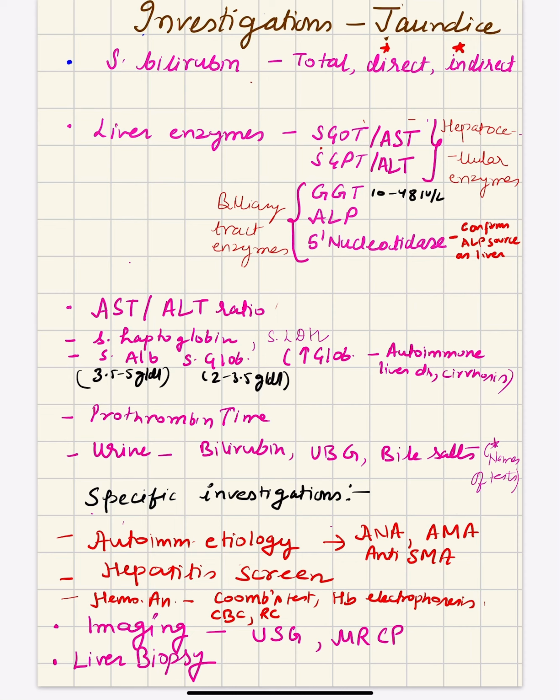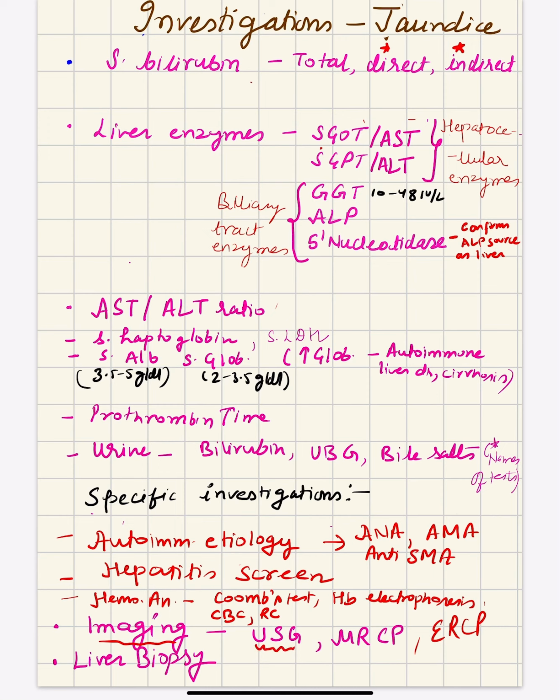For hemolytic anemias, the various tests you can do are hemoglobin electrophoresis, complete blood count, peripheral blood smear, reticulocyte count, Coombs test, and so on. There are a lot of tests for hemolytic anemia that we can do to come to a definite diagnosis of that particular hemolytic anemia. Next we do the imaging. Imaging we can do to rule out the obstructive causes, and also in the hepatocellular causes like hepatitis and cirrhosis. In all those cases, the ultrasound will be useful.